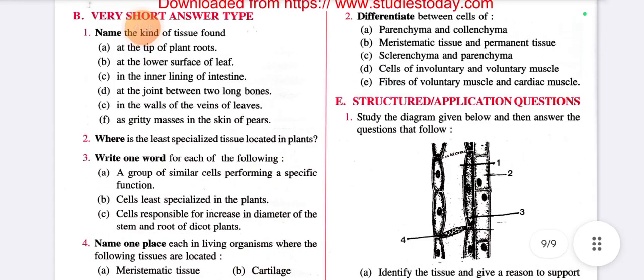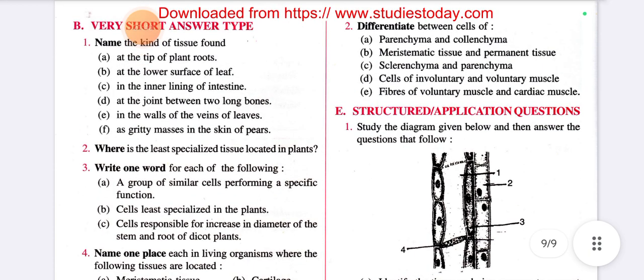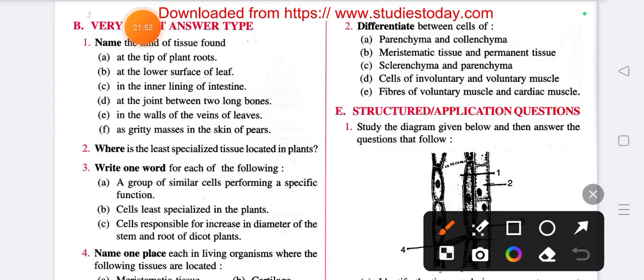Join between two bones, that is ligament. On walls of veins of leaves: xylem, phloem, I don't know. Gritty masses of skin appear: epithelial. Where is the least specialized tissue located in plant? I don't know. One word for each. A group of similar performing tissue. Cell least specialized in plant? I don't know. Cell responsible for increase in diameter of the